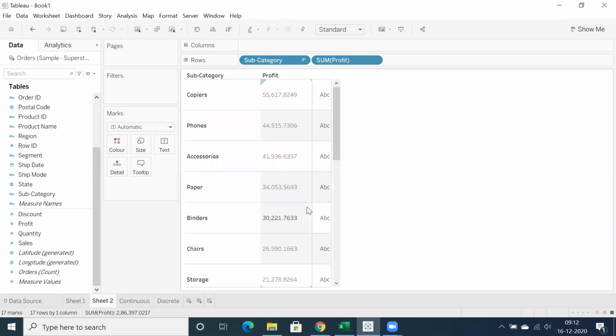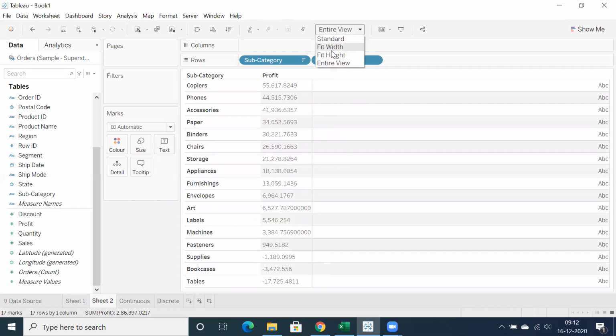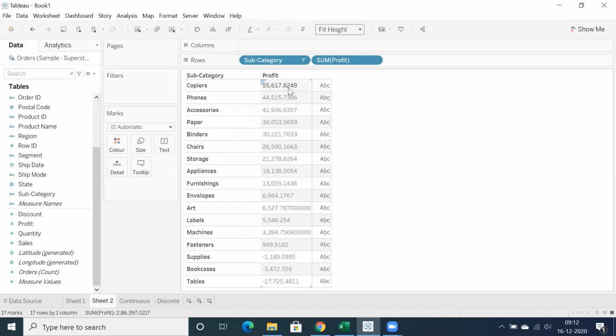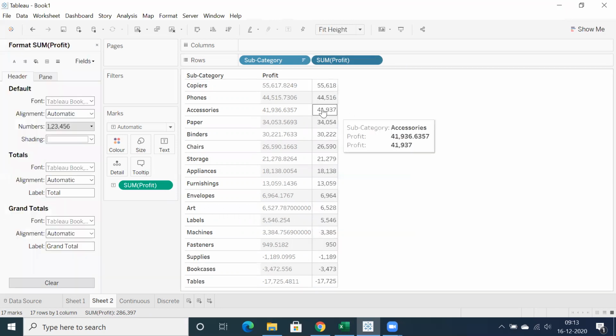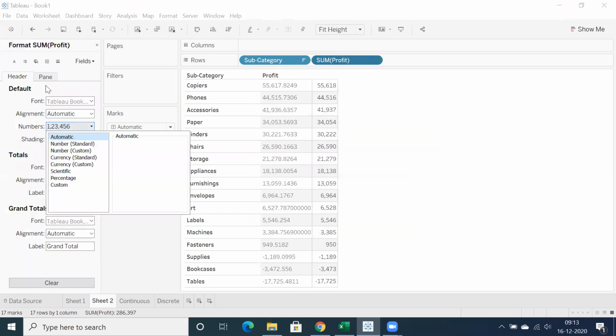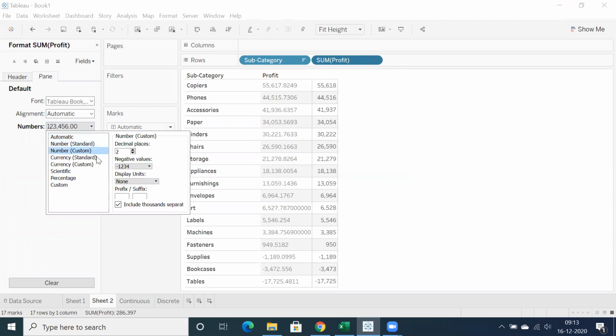It will perform aggregation. Just double click on profit. You can see the same data, but you just converted sum of profit into discrete. You're getting discrete values. Let's do format. I will come back to each and every point. Number standard, number custom.